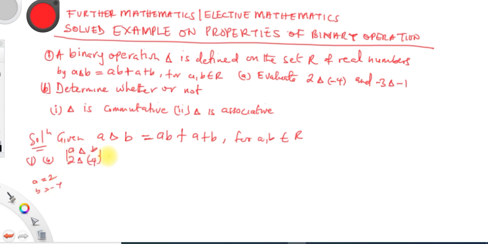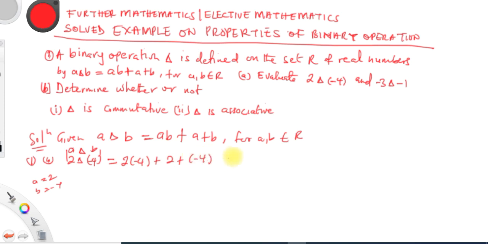So 2 triangle negative 4 is equal to whatever you see A in the definition of the operation, you put 2 there. Whatever you see B, you put negative 4 there. So it is AB, which becomes 2 times negative 4, then plus 2 plus